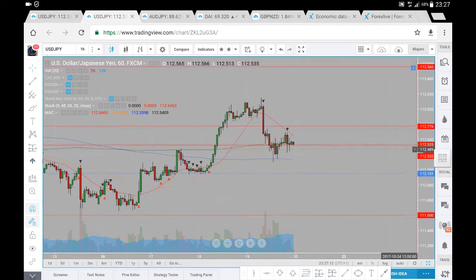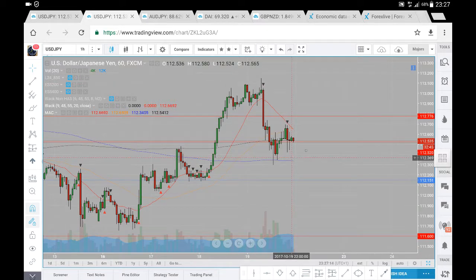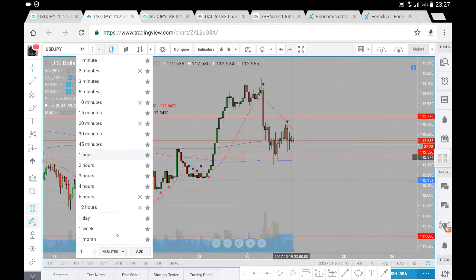If, however, we do see a breakdown in prices, we'd have to see if prices react to this 200 period moving average, below which we'll be looking again at 112.15, which provided a platform for us to move upwards. And beyond that, we'll be looking in and around that 111.80, 111.60 zone, where we did find buying momentum most recently. So if we have a look at the higher time frames,